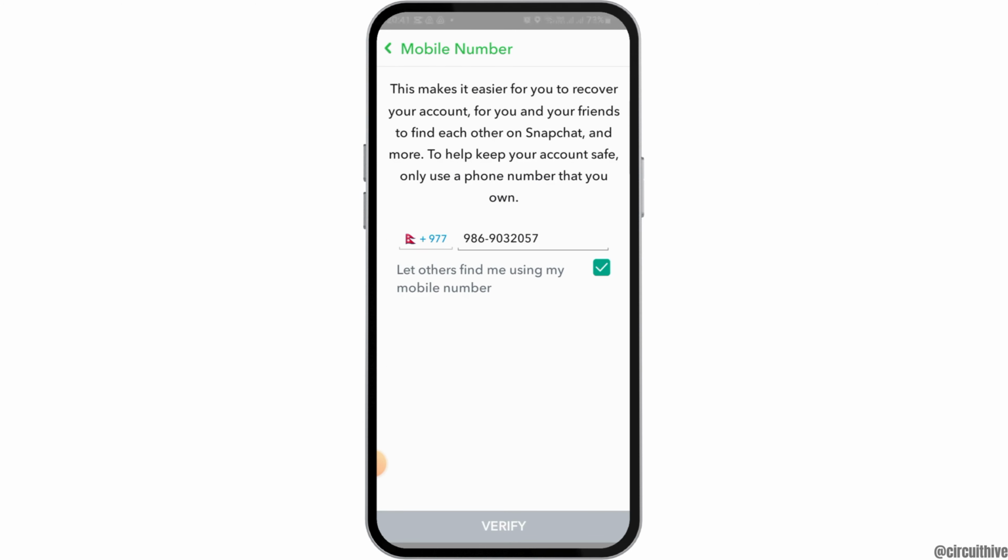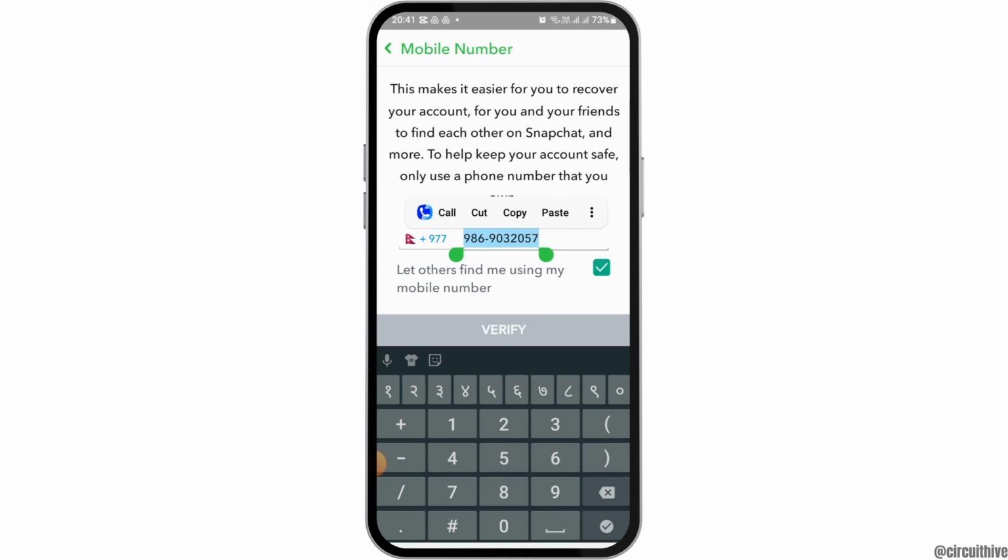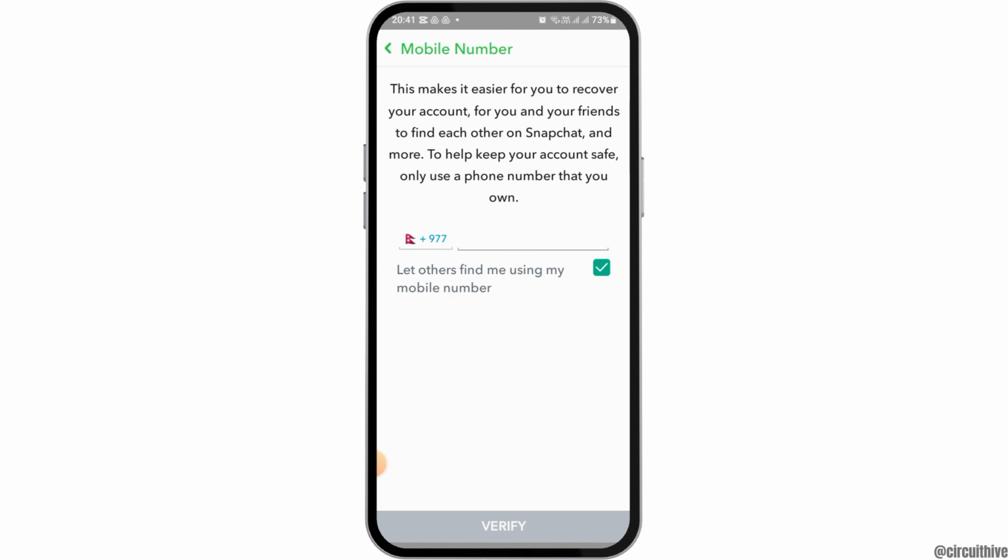Now after deleting all of this phone number, what happens is you can either change it to any of your next phone number, due to which your very current phone number from the very this will be removed. Therefore what you can do is you can just go there and you can just remove your phone number, and this way you can remove your phone number from your Snapchat